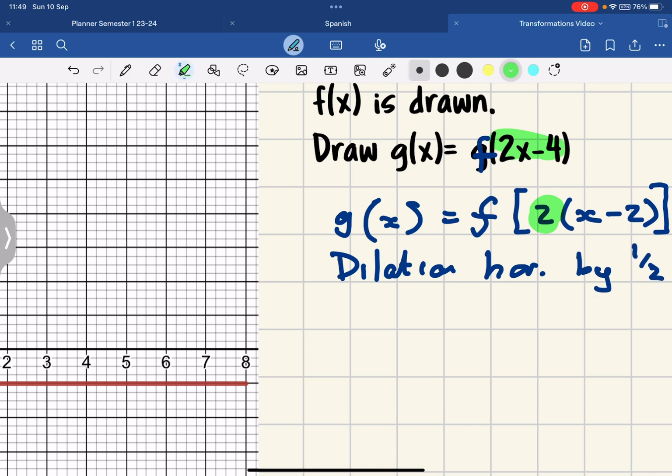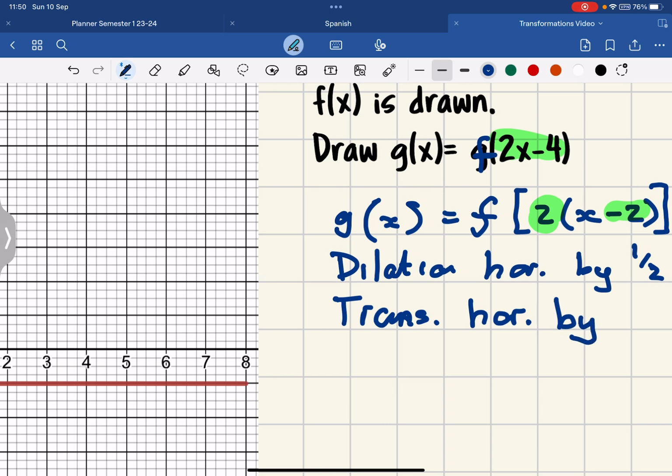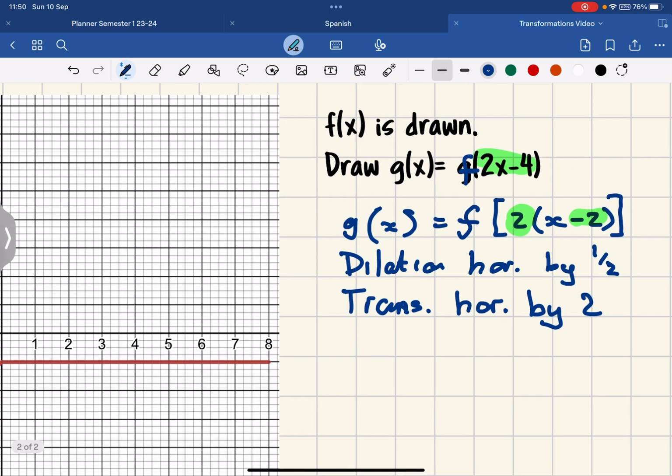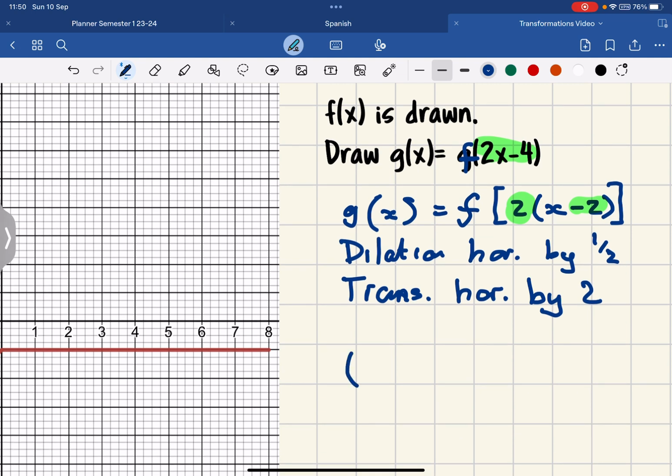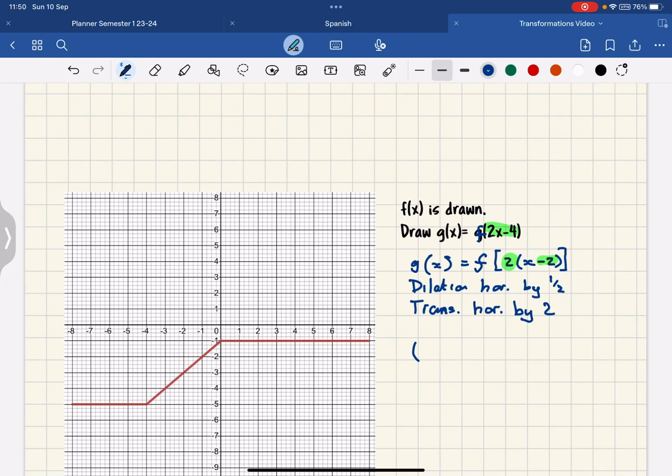And the other 2, this negative 2 here, that's doing a translation, again horizontally, by, now not negative 2, but 2. So all my coordinates in x are changing. So I'm going to go back and look at the ends of the line,